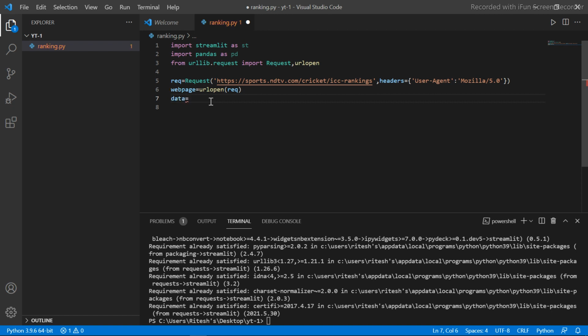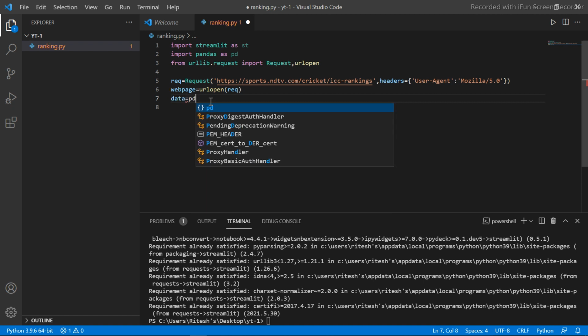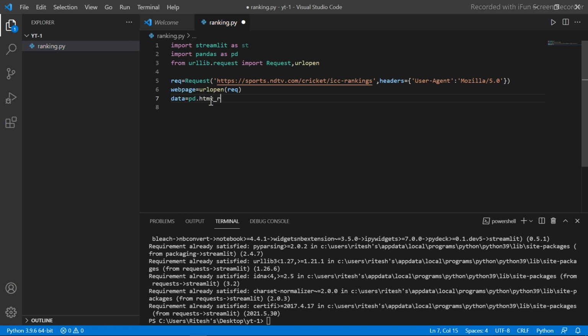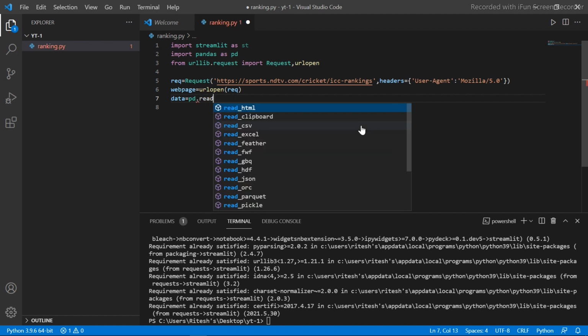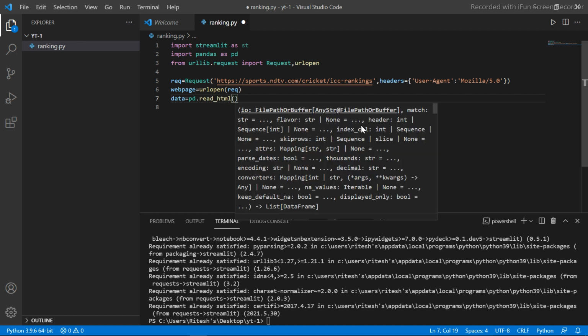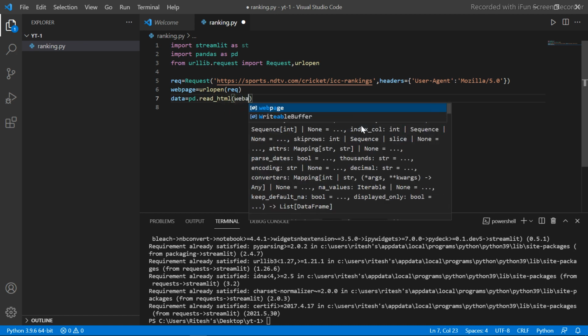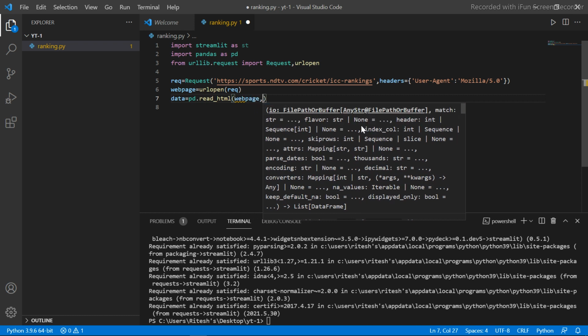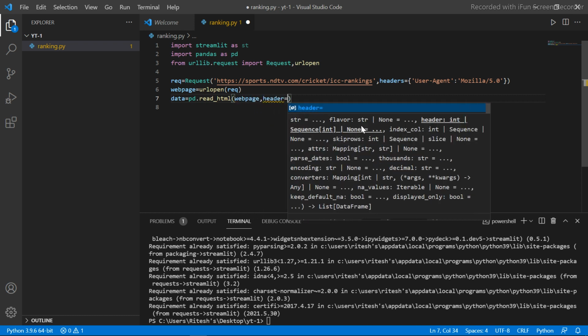Like I will show you, pd.read_html, sorry. I want to read webpage, header is equal to 0.